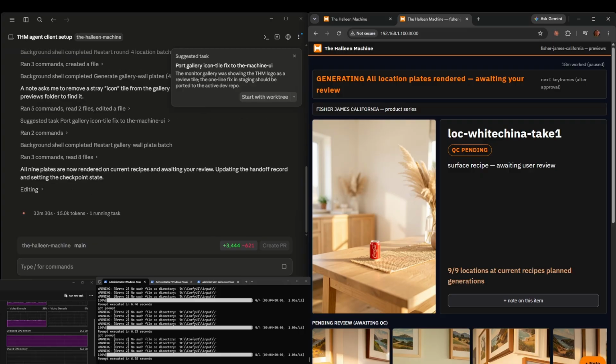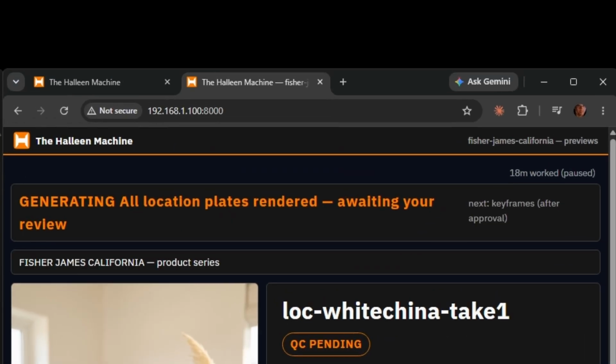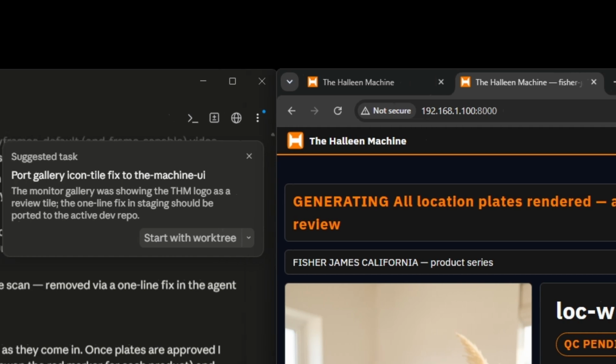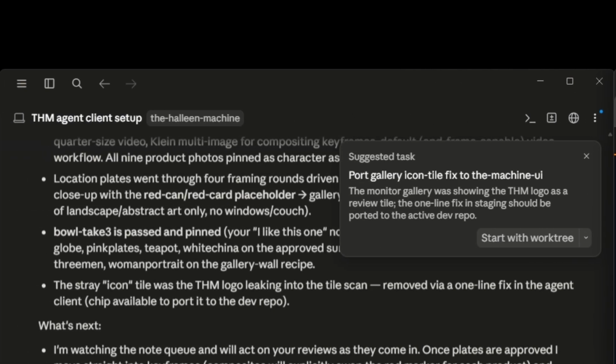Ooh, I don't like those. I'll have to redo those. But we're at our agreed upon checkpoint where I get to approve all the images. And also look at this. It has a solution for that bug,